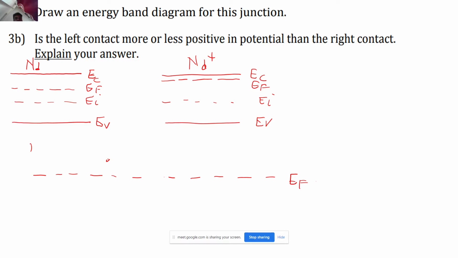So what we have to do is bring these Fermi levels to the same level. I am considering this as the LHS and this as the RHS. How should I bring the Fermi levels? LHS has to go up, and RHS has to come down, so that the Fermi levels align with respect to each other. If you just do this, then you are going to get something like this.